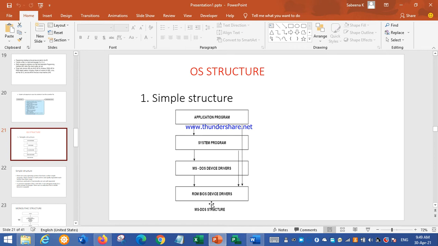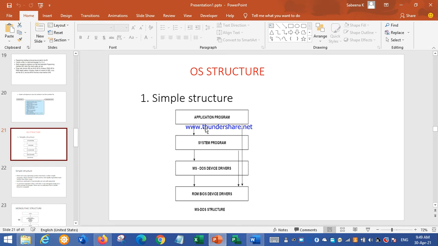In the MS-DOS structure, on top of the hardware we have the ROM BIOS device drivers, then the MS-DOS device drivers. On top of that there is the system program, and on top of that the application program is working.